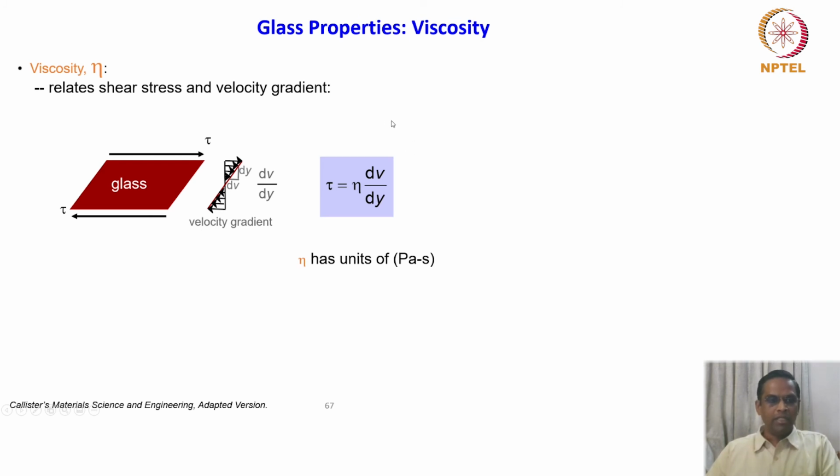So, having discussed the different temperature effects, the viscosity in non-crystalline materials becomes important, because that is what can be related to the shear stress and the velocity gradient. Whenever we talk about deformation, this is the one primary equation you have to keep in mind: tau is equal to eta times dV by dy. So it's a velocity gradient. Suppose glass is subjected to shear stress, and then this is the formula.